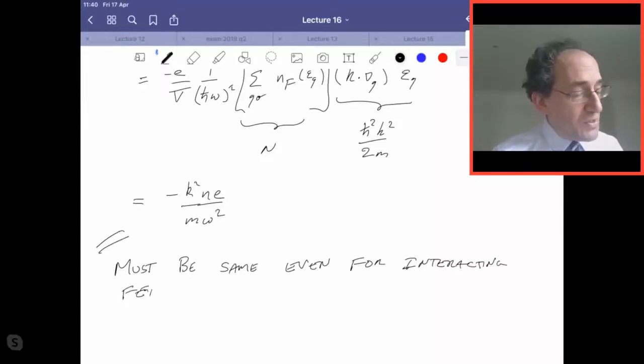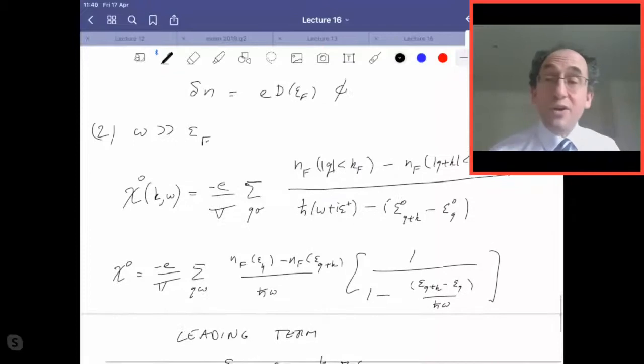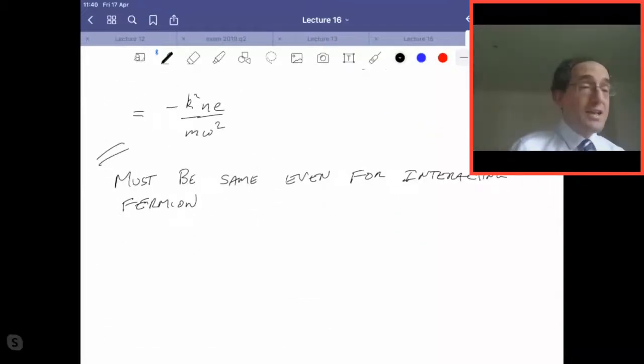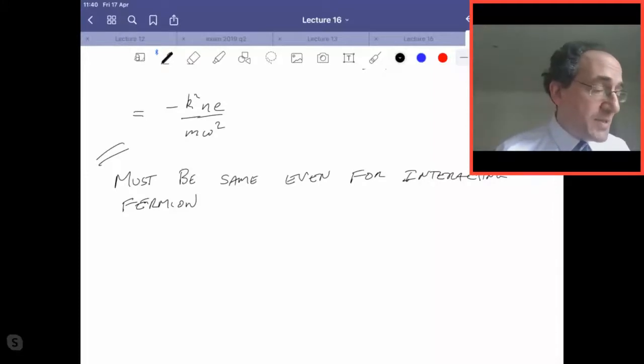And in order to see this, okay, so we call this 2. Did we call this 2a? No, we didn't. Okay. Well, we're going to do the calculation again in a different way. So we're going to go back several steps in the derivation of the Kubo formula, chi